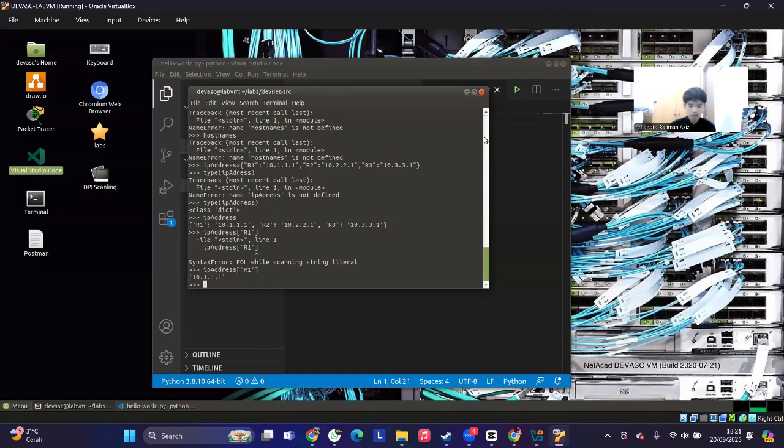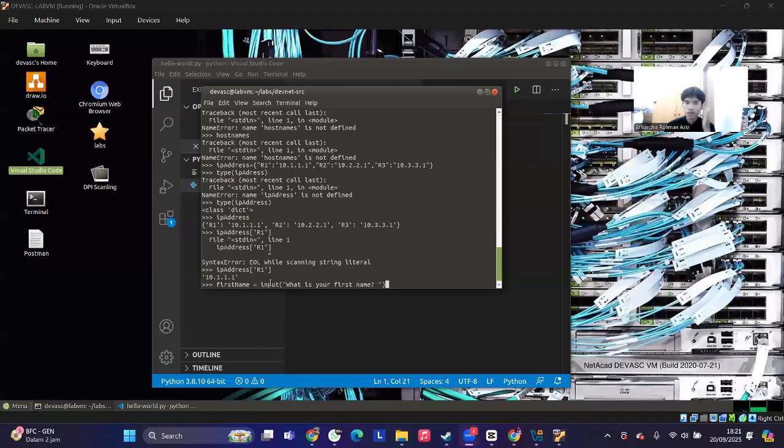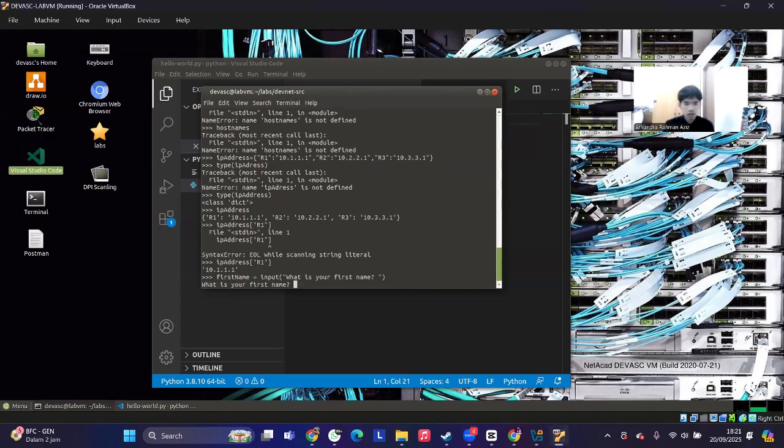Okay, so for next, I will review the input function. So I will create the variable to store user input and then display the value. For example, if I type like this, first name equal input, open bracket, what is your first name? And then if I click enter, it asks what is your first name? My name is Arfi.